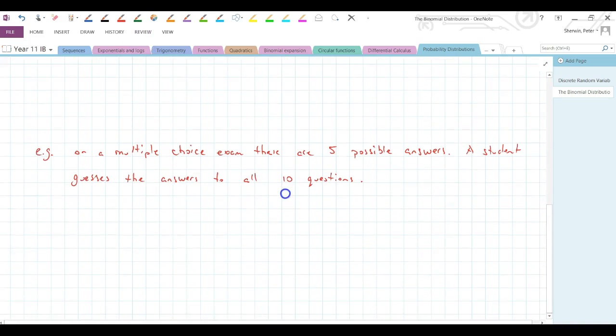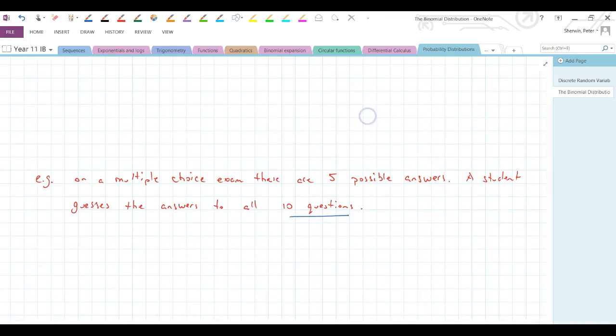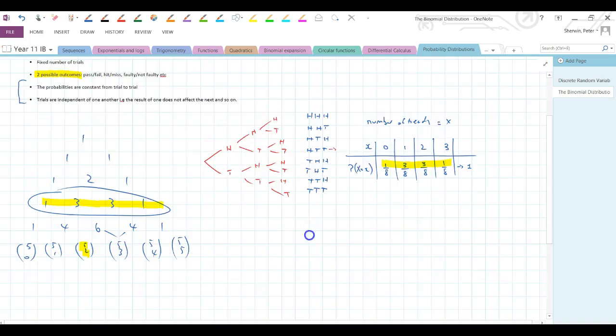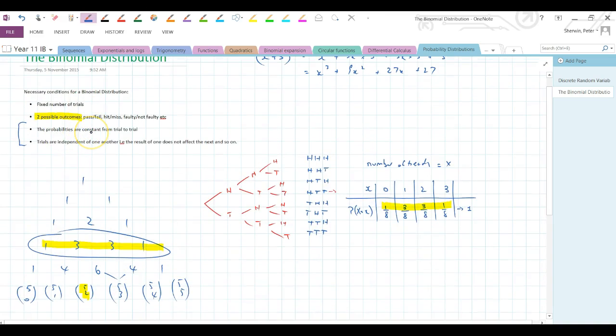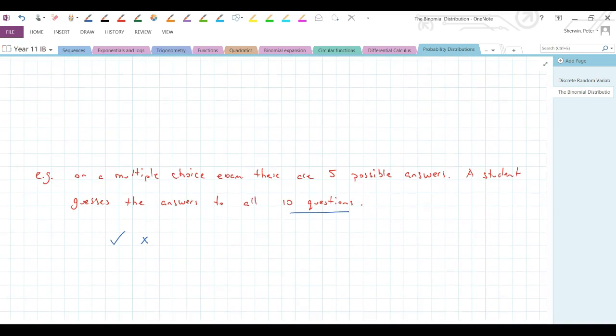There's a fixed number of trials. Yes, there are. There are 10 questions. There are two possible outcomes. Yes, there are. It's either right or wrong, so it's either a tick or a cross. So that is good. And the probabilities are constant from trial to trial. Yes, there's a 1 in 5 chance every single question. So this is a binomial probability scenario, and we're going to use the binomial theorem and Pascal's triangle to help us